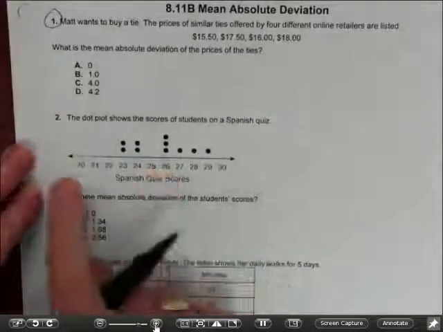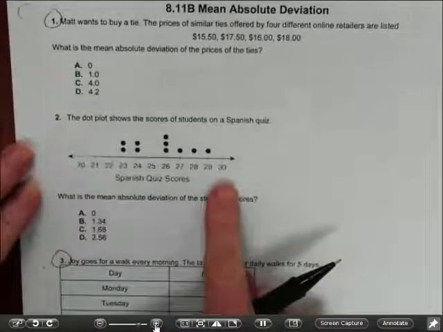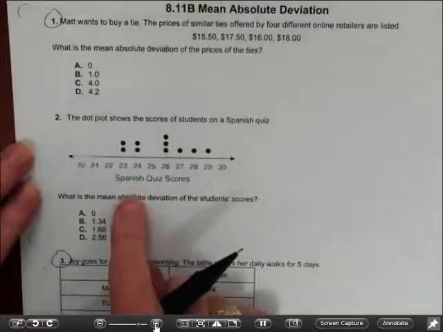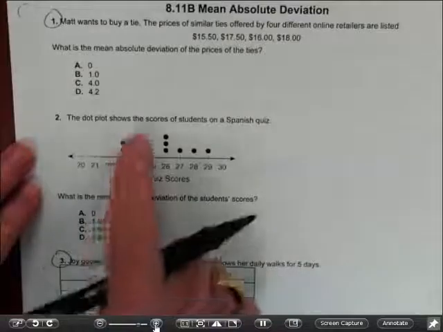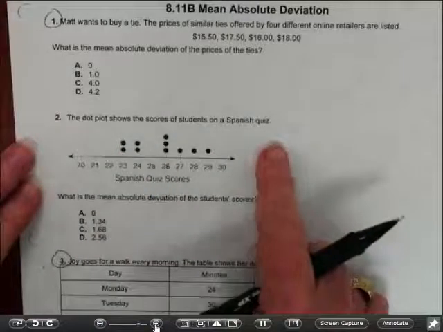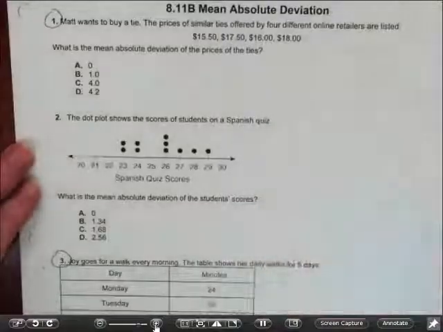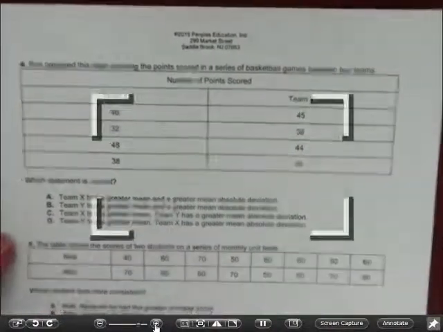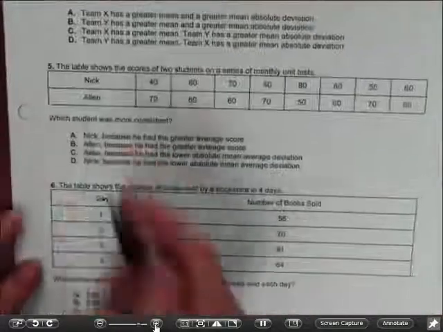Now, you guys, just real quick, I'm not making you do 2, but do you know how to read this? This is a line plot. Okay, so how many people scored 23? 2. So if you were actually having to work this problem, you would list your data out over here, and you'd put 23, 23, 24, 24. Okay, as long as you know how to read that, I'm not going to have you do that one. And then let's do 6